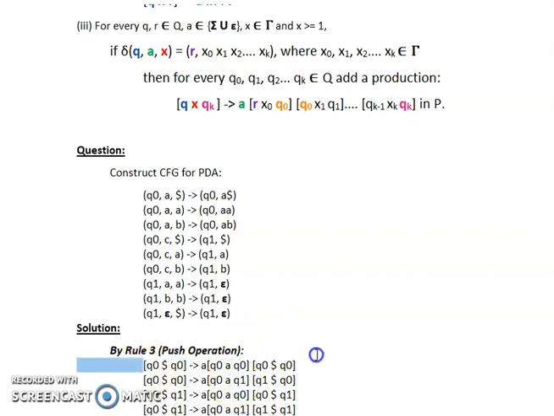So this is the first production in which we have considered the state Q0 over here and Q0 over here, and in the second one we have considered the state Q1 over here and the state Q1 over here. So the rest of the thing is the same as the above one. The only difference is in the first one we have considered Q0, and in the second case we have considered Q1 and Q1, because the ending of the first is the starting of the second. So over here, the ending of the first is the starting of the second.